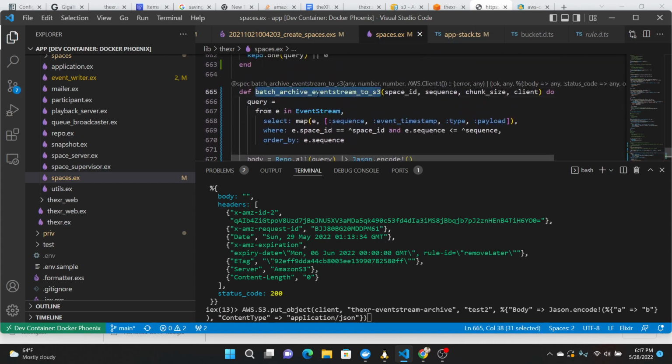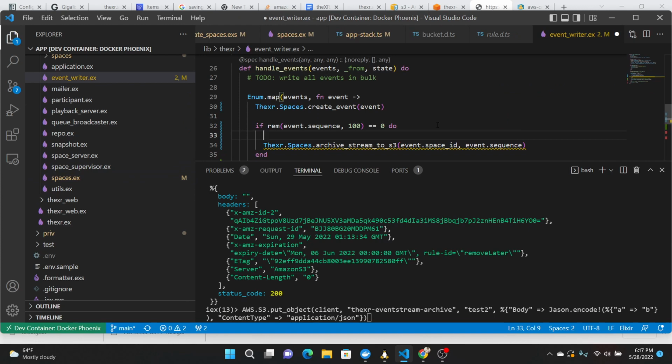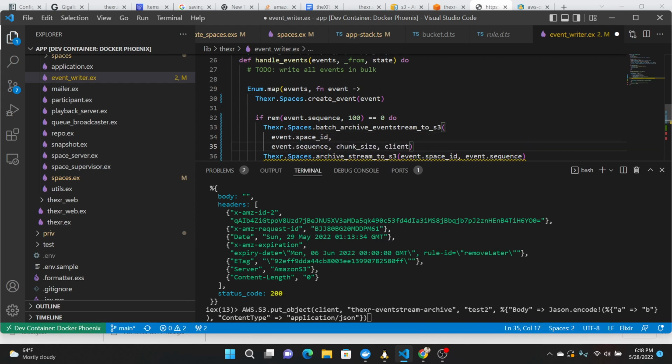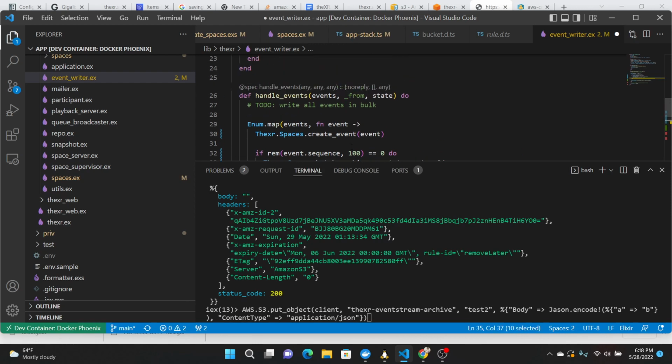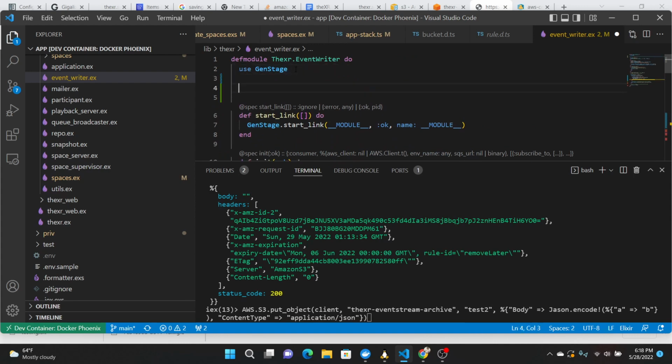Alright, let's invoke this thing over in writer. XR spaces batch archive this. We're going to get our event space ID, our event sequence. The chunk size will be, well, let's move that to the top. The chunk size 100, archive chunk size,